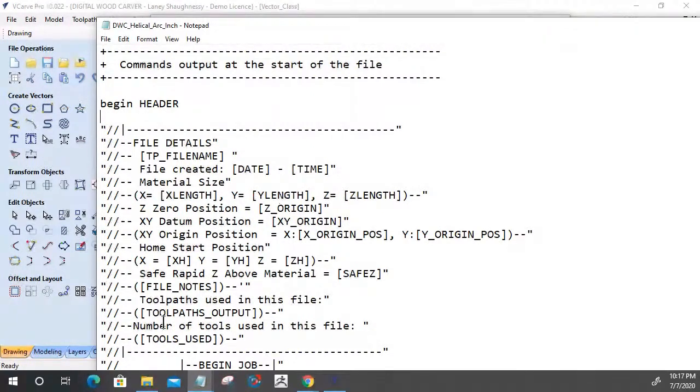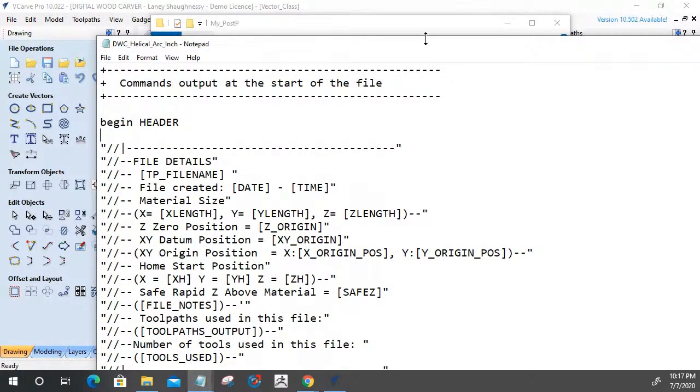And this information here about creating your toolpaths is in your user manual, and also